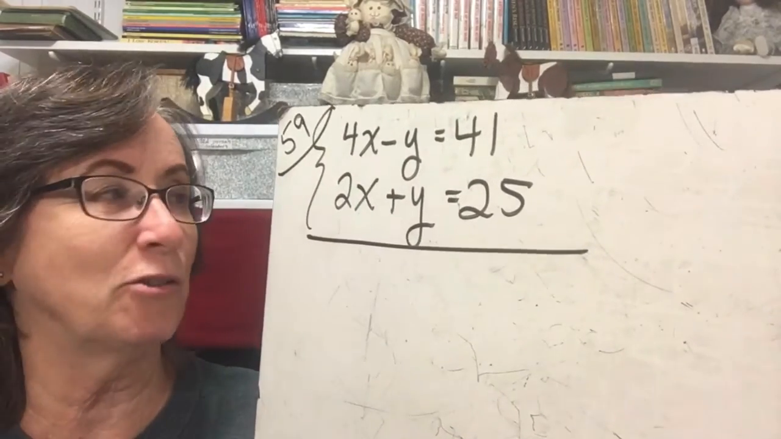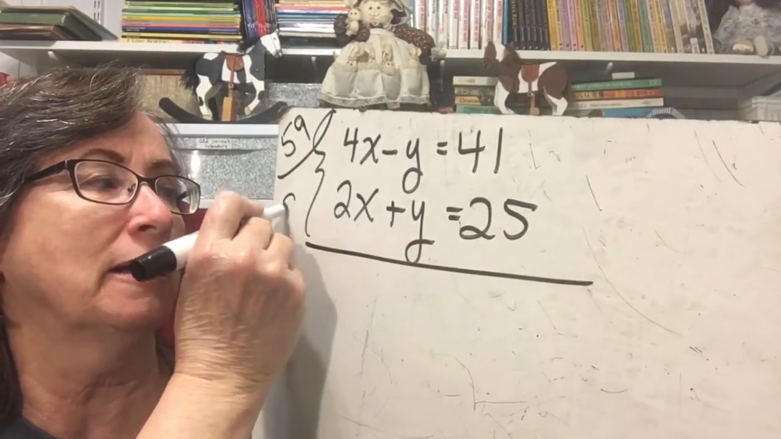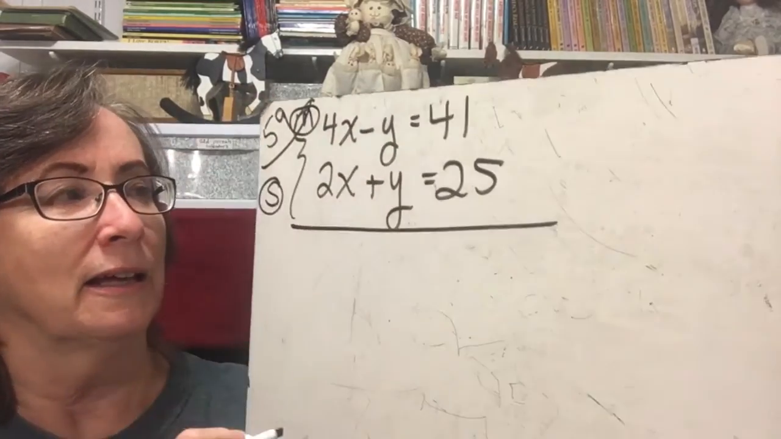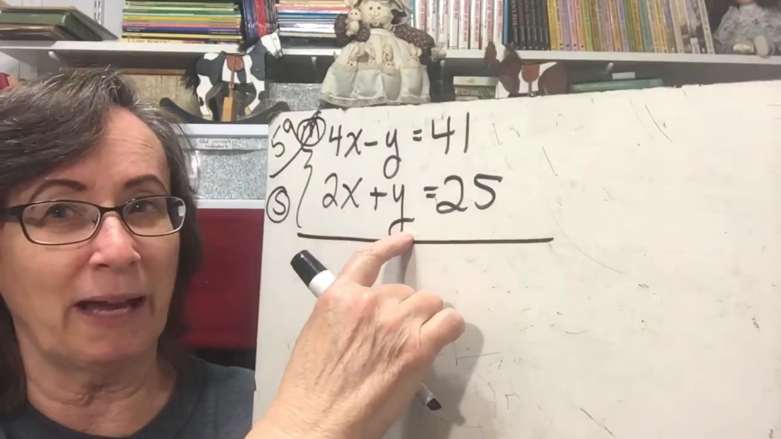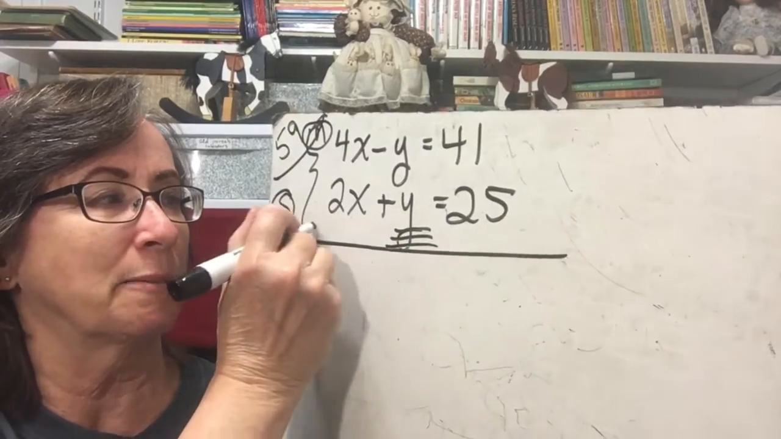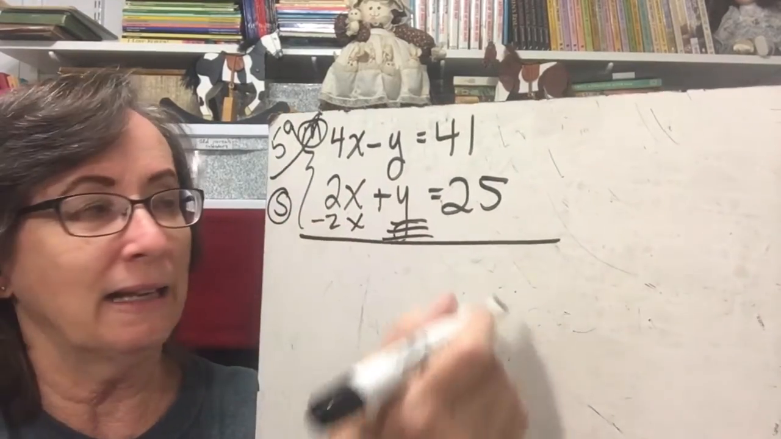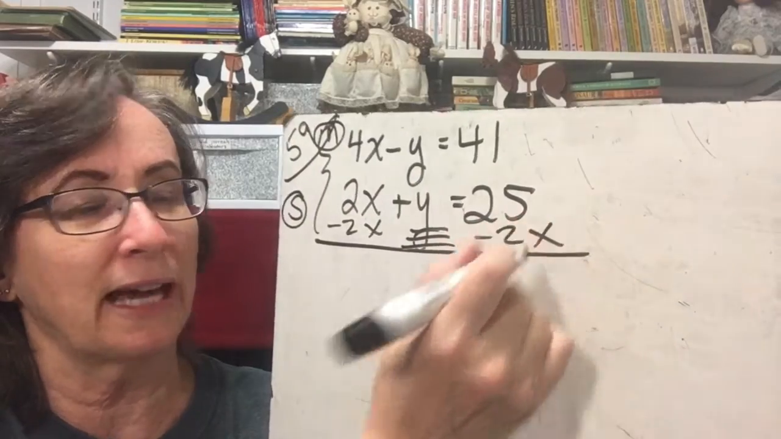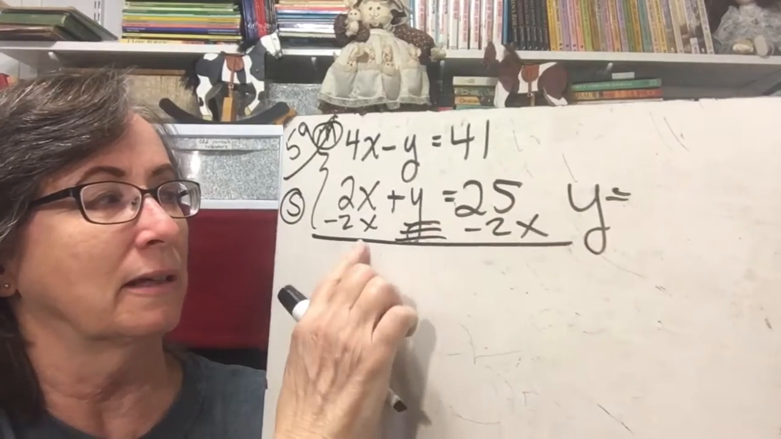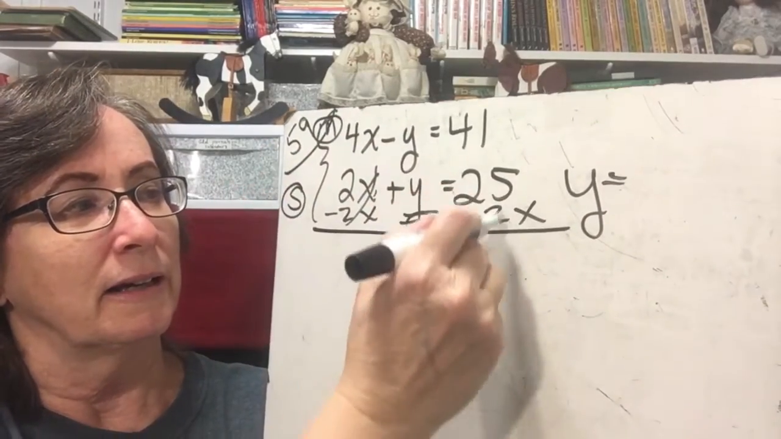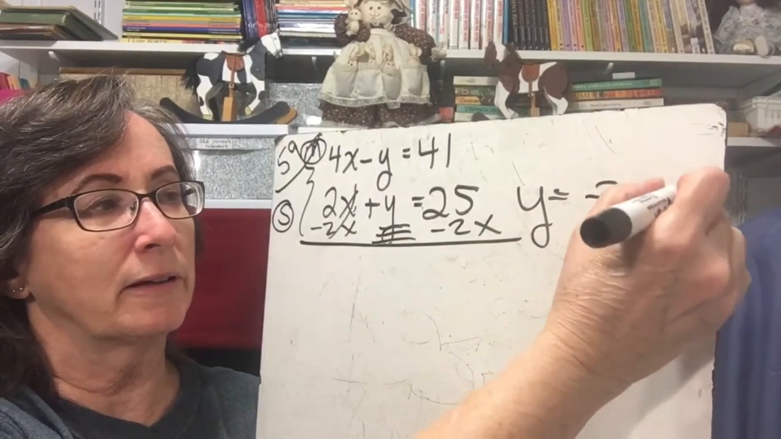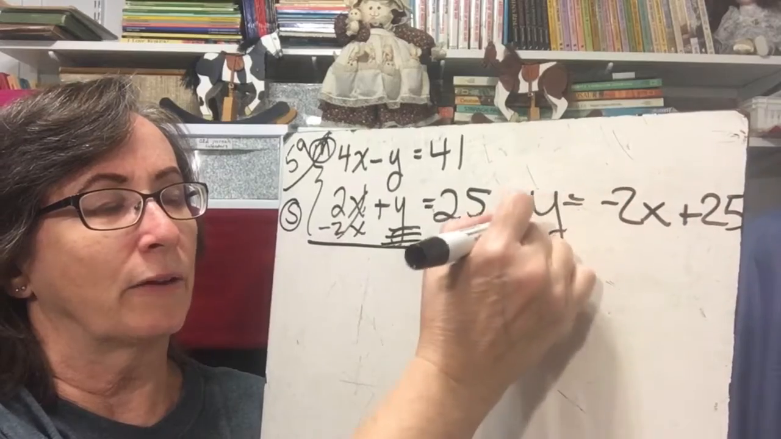But we're doing substitution, so I'm going to take this one as my sub, and I'm going to take this one as my main equation. Okay, so now I'm only one step away from making this a good sub-equation, right? I want to get the y by itself, so I'm going to subtract the 2x on both sides. And then I'm going to rewrite that and say y equals negative 2x plus 25. So there's my sub